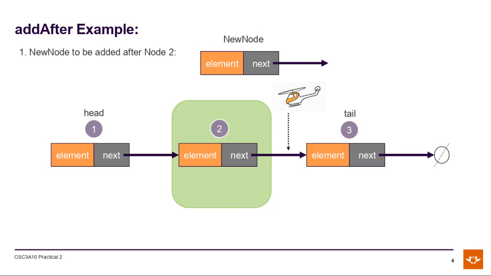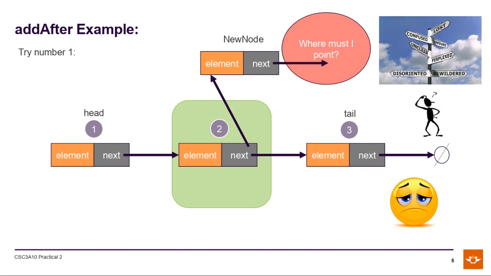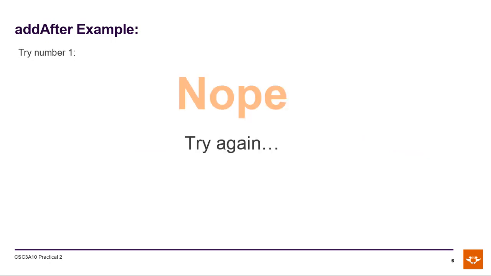Well, one option would be to change the value of the reference in our second node and have it now refer to the new node. Unfortunately, if we do it that way, the new node has no way of figuring out where it should now refer, because we no longer have a reference to the element that comes after that current node 2. So instead,